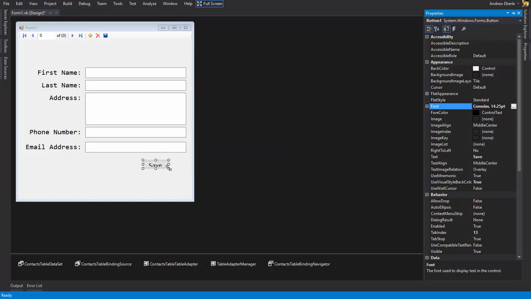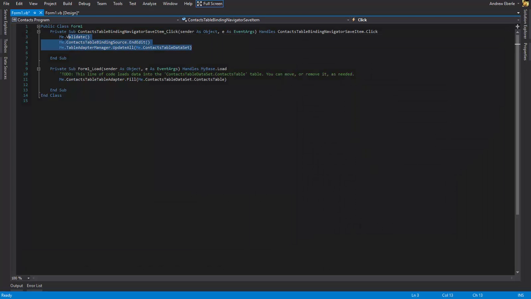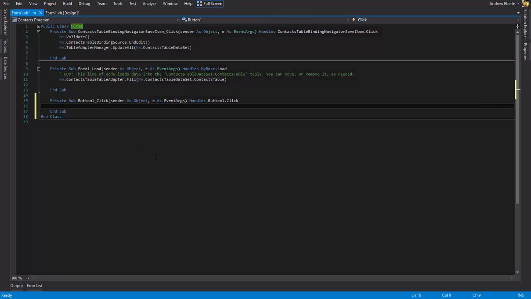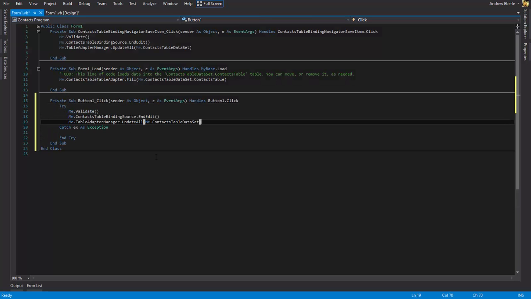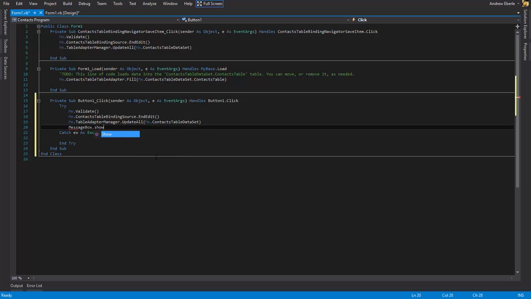Make it 14, why not? So this is going to be my save button. Now what I'm going to do to know the save is I'm just going to double click on the save button icon up here. I'm going to copy this code and then I'm going to go to save here and I'm going to make it a try event, try and save it. If it doesn't save, or if it does save, MessageBox.Show, and we can just write in here